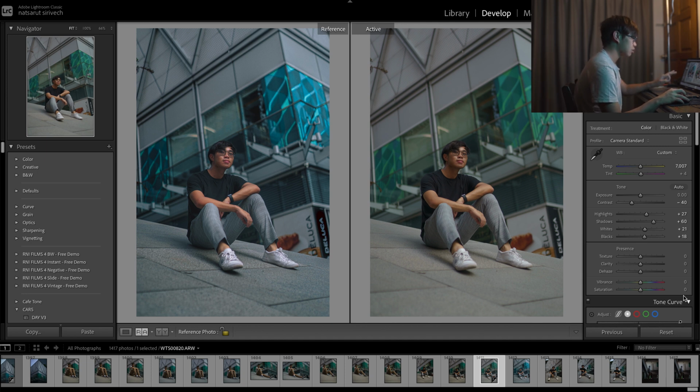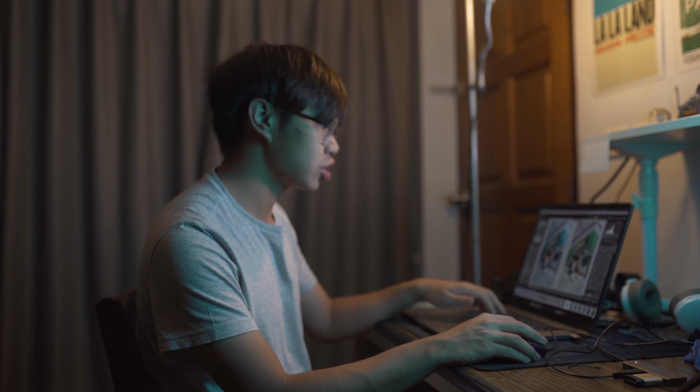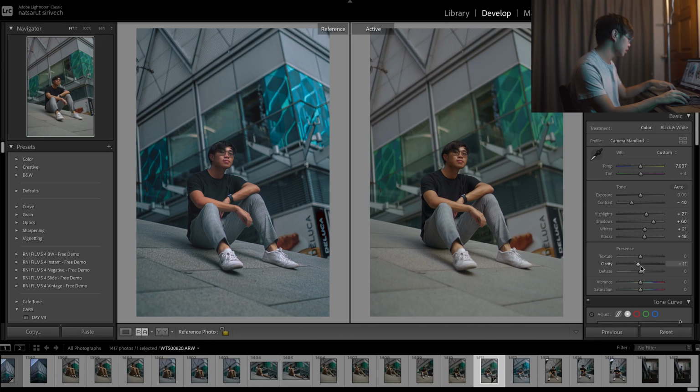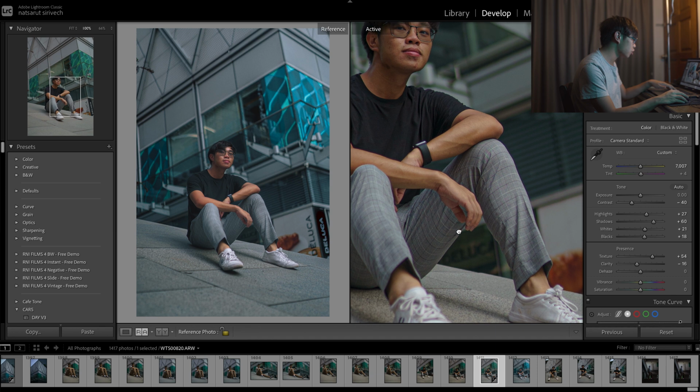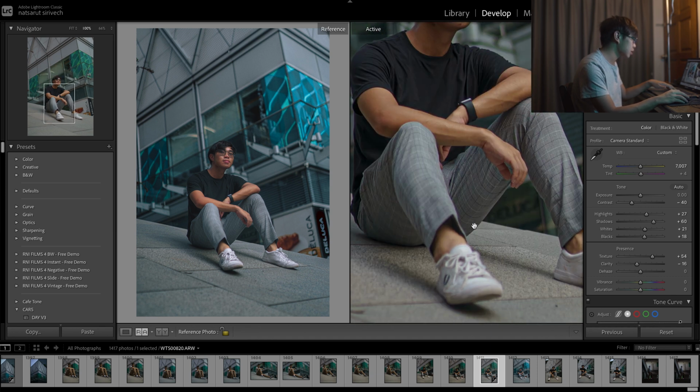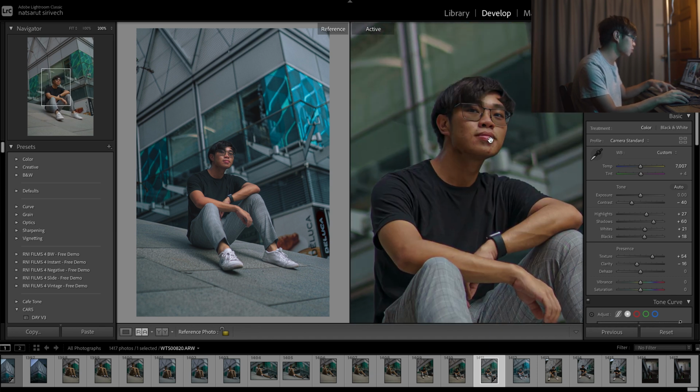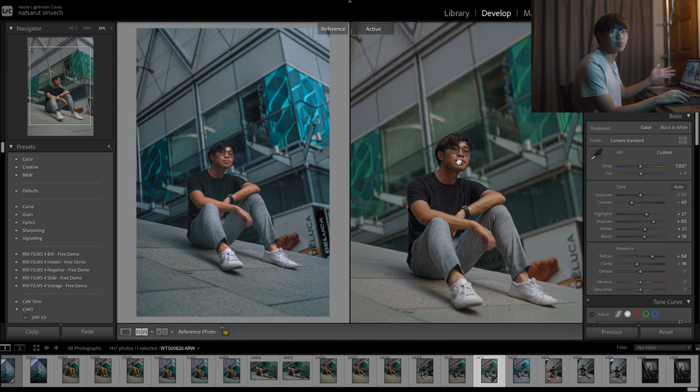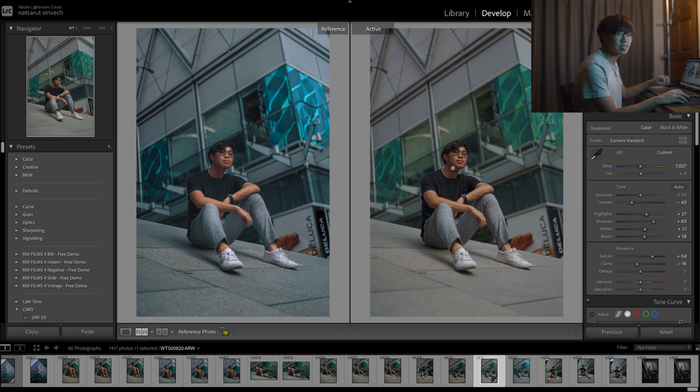Next up, we're gonna go to the clarity and texture tab. As you guys know, what I like to do in my photos, I like to take out the clarity and increase the texture. So when I take out the clarity a little bit by 15, that's not too much, that's not too high. I'm gonna bring up the texture by about 42. So all the details come out, like all the detail on my pants, my face looks perfectly sharp. I mean, yeah, you guys can see all my pimples there. Yeah, I look pretty old, not gonna lie.